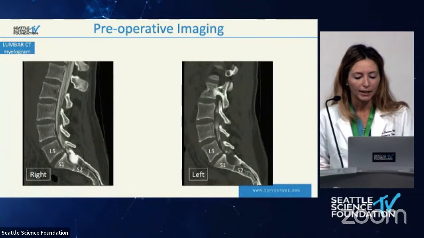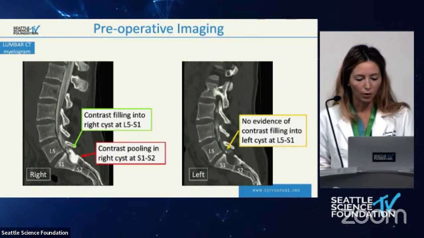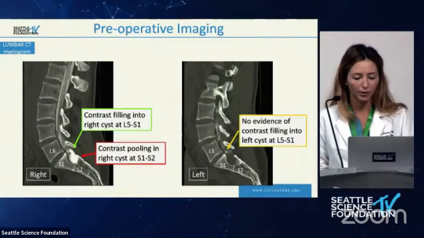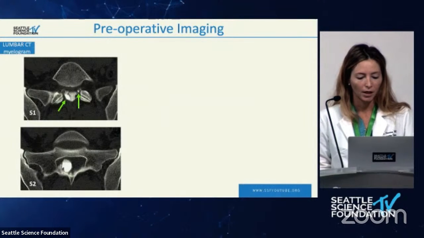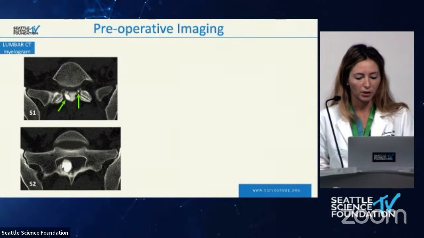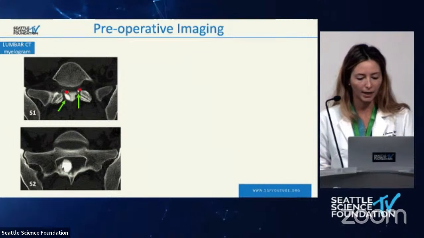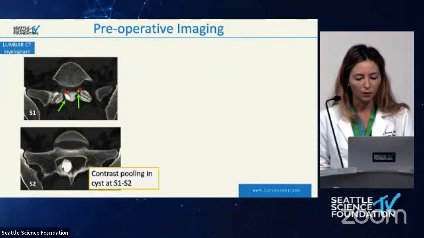The patient then got a CT myelogram to look at CSF flow. Contrast was injected at L4-5, and there was clear flow throughout the thecal sac. There was contrast filling of the cystic structure on the right. However, there was no evidence of filling of the left cyst. The axial cut illustrates the proximity of the contrast filling into the S1 nerve roots, which are labeled by the red dots again. And at S2, you can see a fluid level, which provides more evidence that the contrast is pooling at the level of the S2 nerve root.